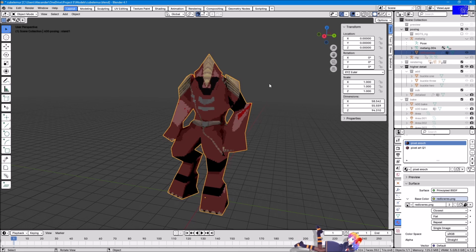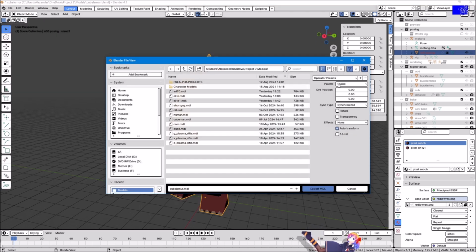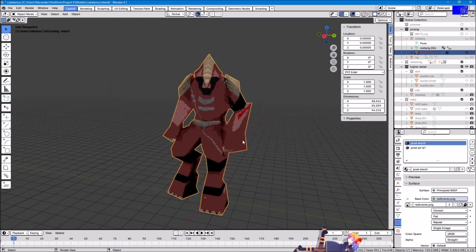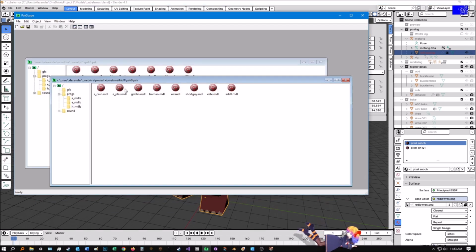So you select him, make sure nothing else is selected, just the object, and you export to Quake MDL. And I can change the name of my game. This guy doesn't rotate, he can be on the random setting. And I can do, he's a red elite dude. Export that model. And then if I want to view him in engine, what I'll do is I'll open up,